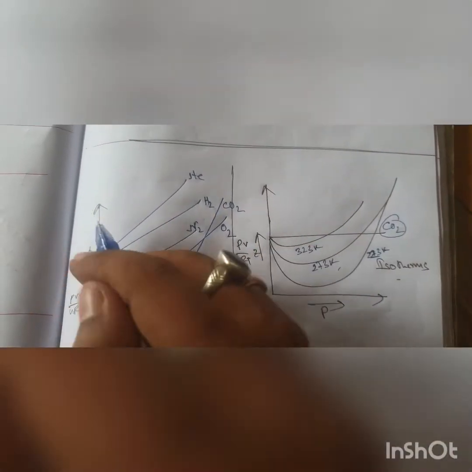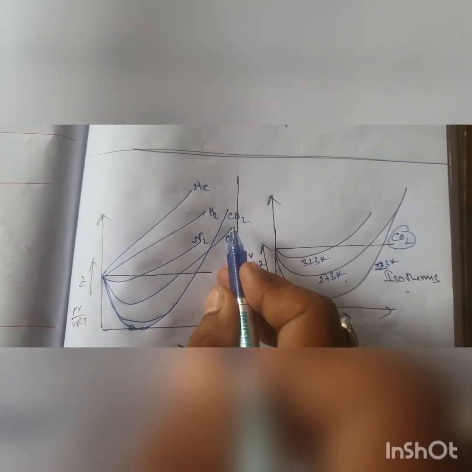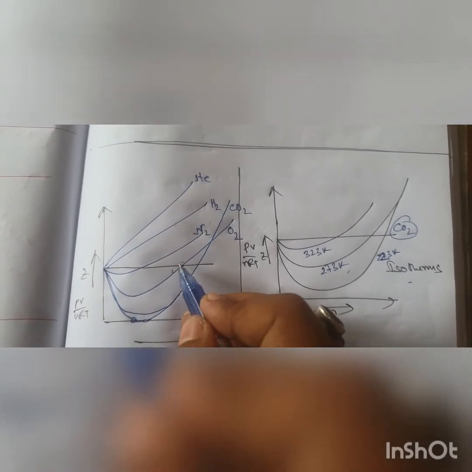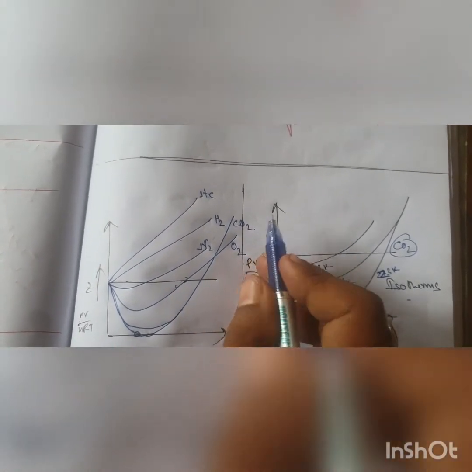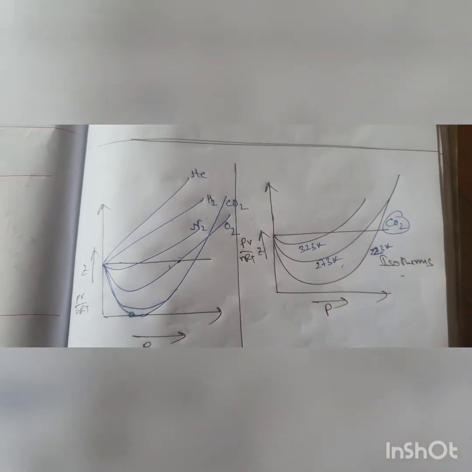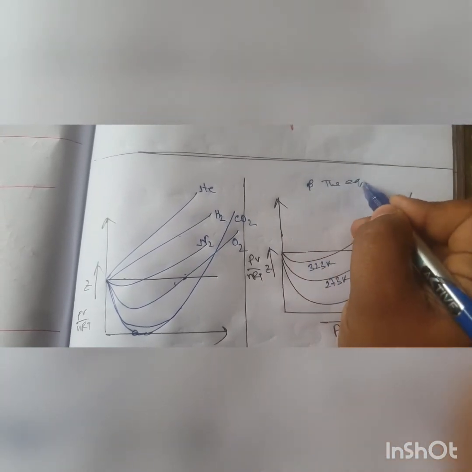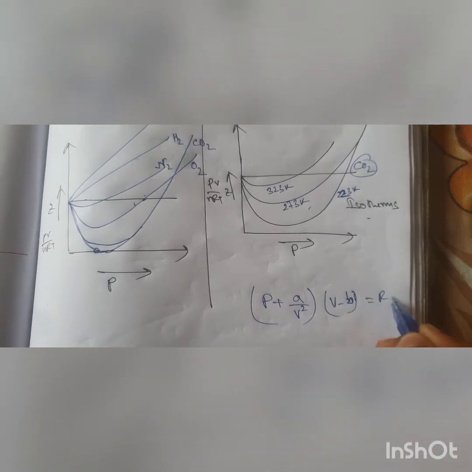Now these were the deviations. Some gases are showing only positive deviation. Some gases are showing at first negative, then shifting towards positive deviation. They have a Boyle temperature also, where the gas is mimicking or getting very close to ideal behavior, then again going towards positive deviation. Now why these things are happening, only my explanation is not enough. Explanation with the help of the equation is important. Which equation? (P + a/V²)(V − b) = RT for 1 mole of gas. I will use this to explain.